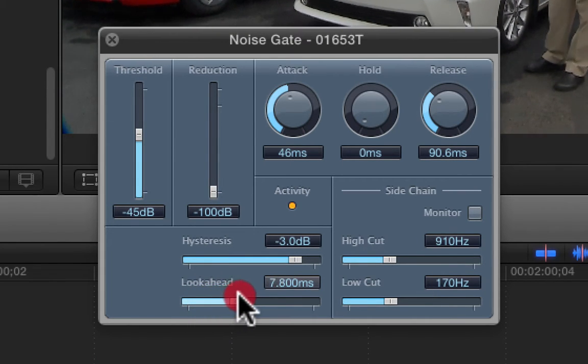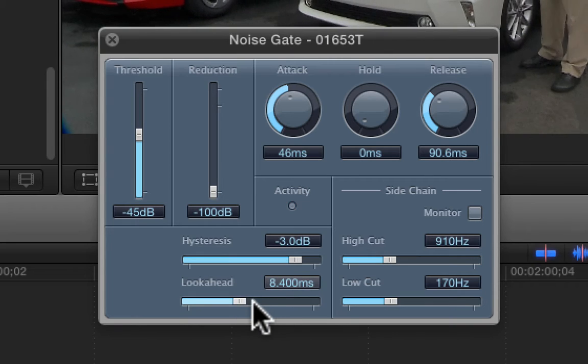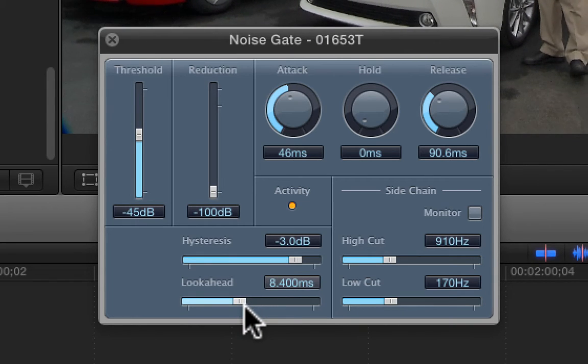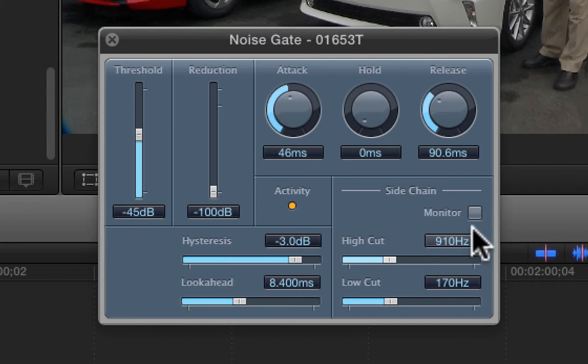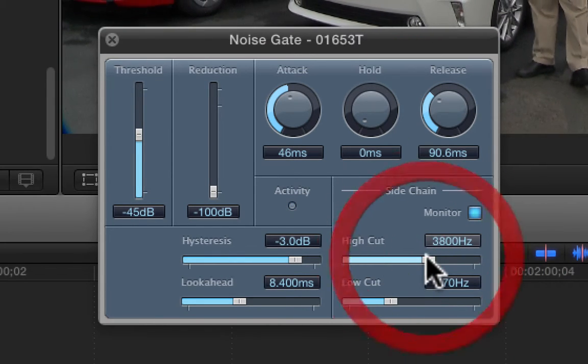Sounds a little strange, so let's bring it back up a little bit. So this will fade up the beginning and fade out the end, and it kind of tightens that in. All right, this side chain, if you put the monitor on, this is so that you can